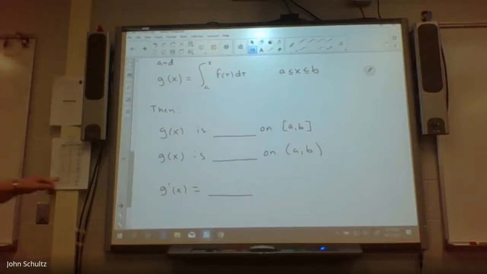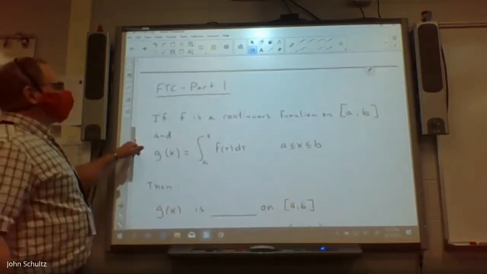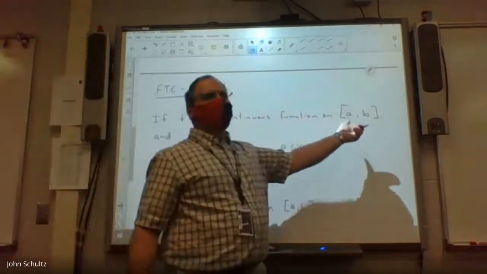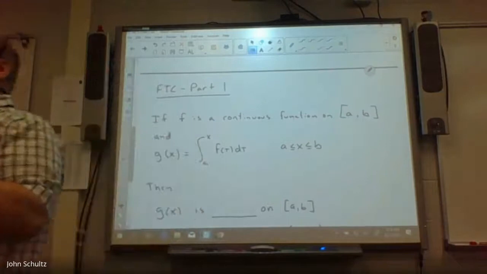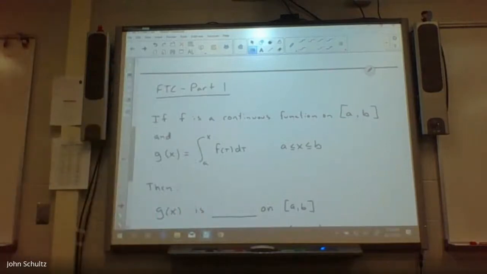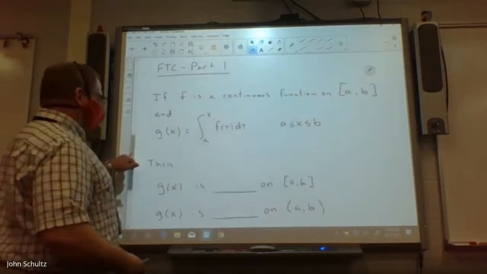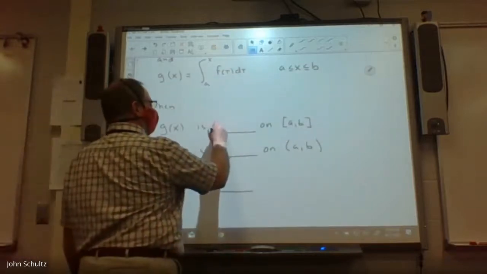Okay, so what do I know about this function here? F is continuous on this interval, right? So if I'm finding all those areas underneath that curve, what kind of a function am I going to get between A and B when I look at all those different areas? Is it going to jump, like go from this one to this one, or is it going to be a nice smooth, get every value between them? It's going to be nice and smooth, right? So how do we do that? We're going to say that that function g is going to be what? Is going to be continuous